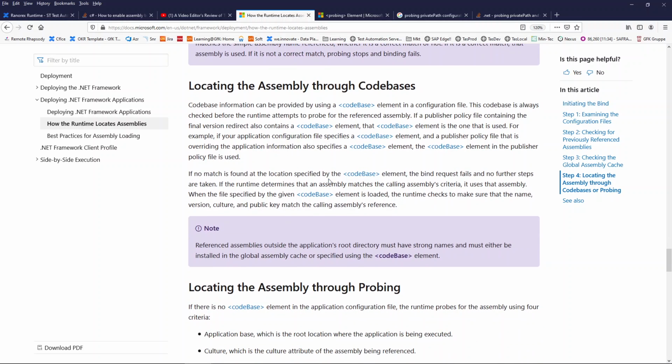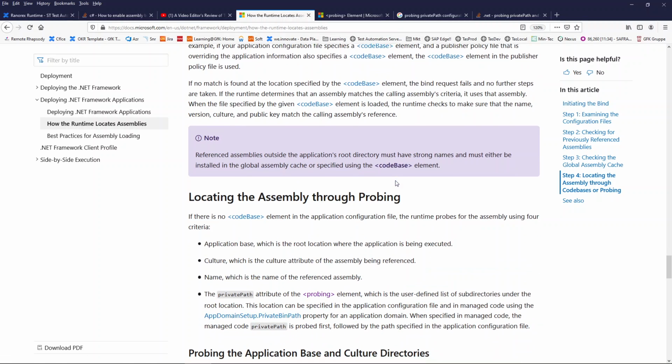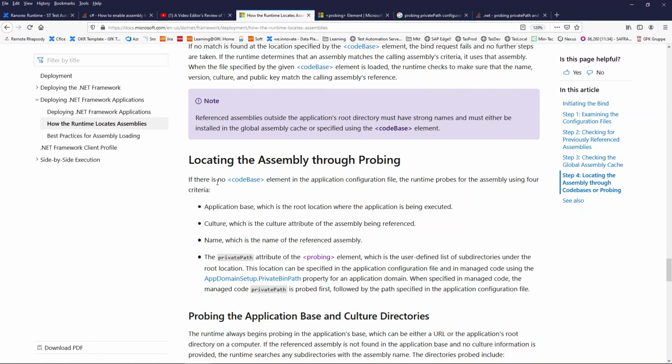If there is no code base element in the configuration file, the runtime probes the assembly using four criteria: application base, culture, name, and so on. The private path attribute of the probing element is used.